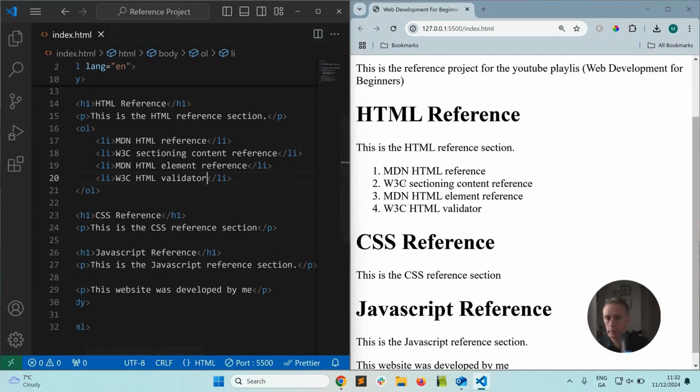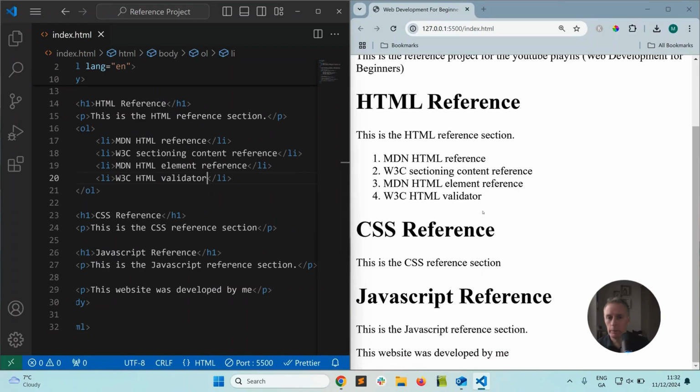And we can see on the right hand side we now have list items 1, 2, 3, 4. So now that was an ordered list. They're ordered 1, 2, 3, 4. Next we're going to put in an unordered list with no particular order, which uses bullet points, into our CSS